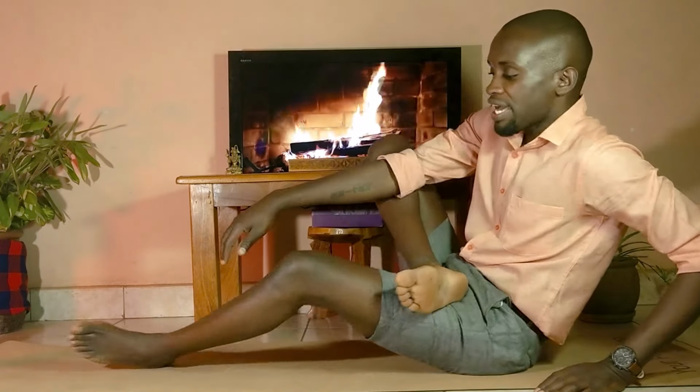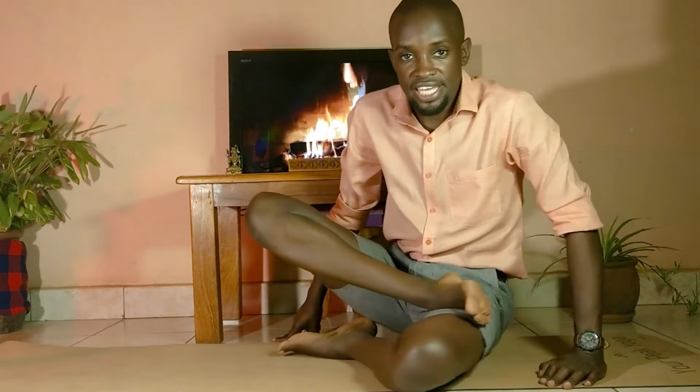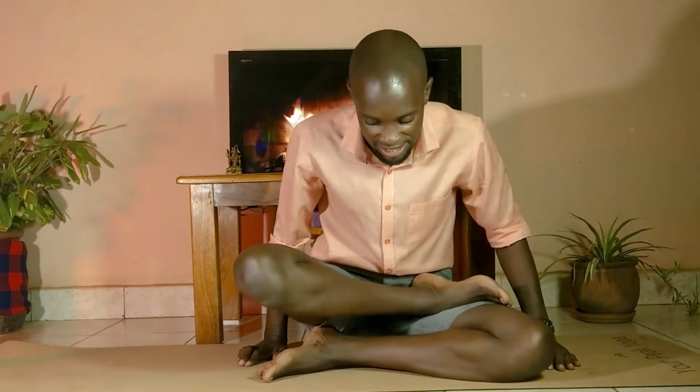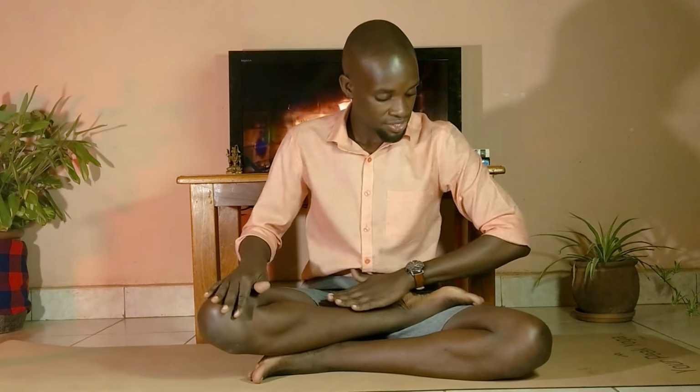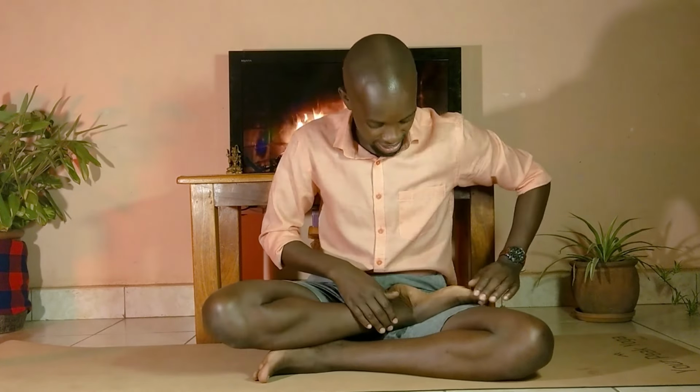And then you're going to bend the other one like this. So ideally you're going to look like this. So here, this one is resting on my hip crease. And then I'm resting this other one on the foot. So you can already see I already have my half lotus going on there. So I can already feel this stretch on the hamstrings here. And then just stay here in half lotus for a bit,